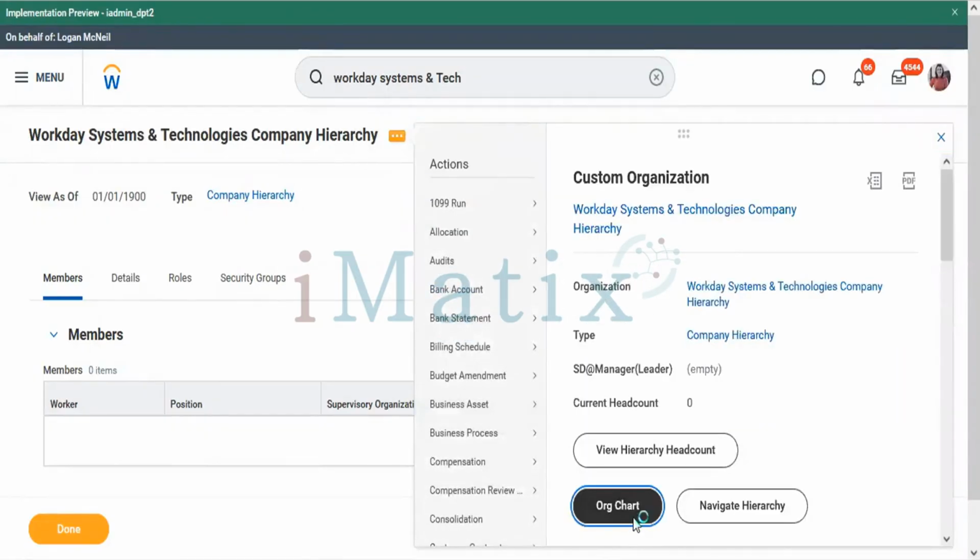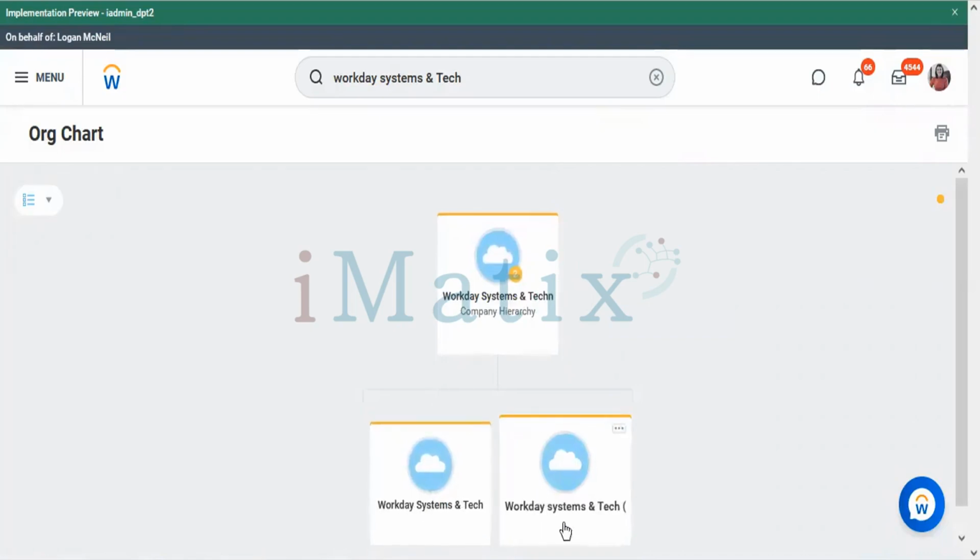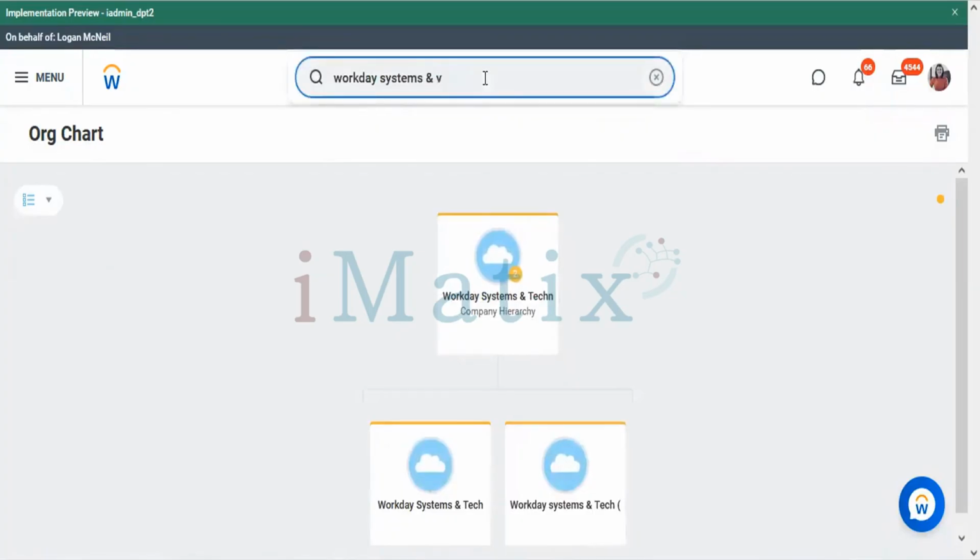Once you assign them, you'll be seeing your organization structure like this. Which organization structure? A company organization structure we'll be using. Company hierarchy will be the top level one, which will be holding individual companies. And similarly, cost center also will be seen the same way.